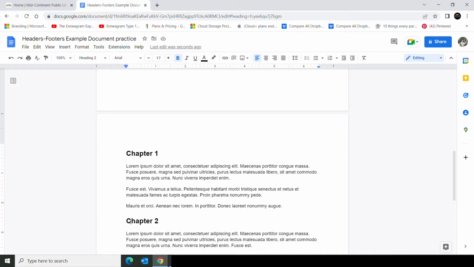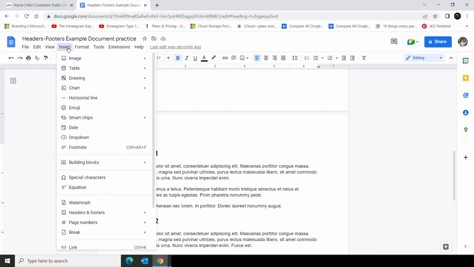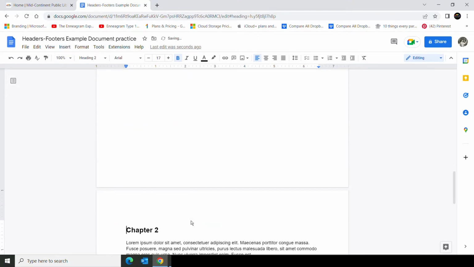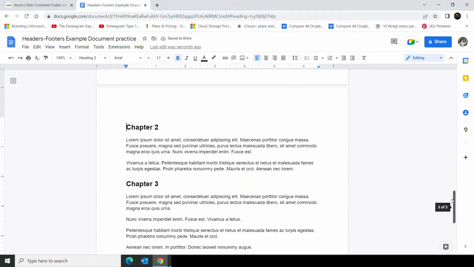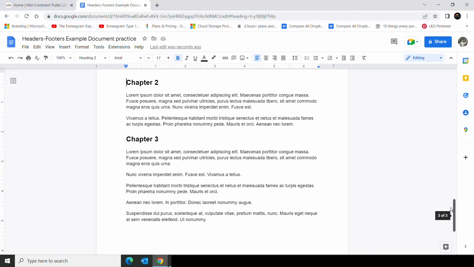Now, if I want to have a new section for chapter 1, I really think I need a new section for chapter 2 as well. Well, I just do the same thing. I'm going to go to Insert and down to Break, and then Section Break, next page, and click. And chapter 2 is now on its own page, except we need to still add another section break for chapter